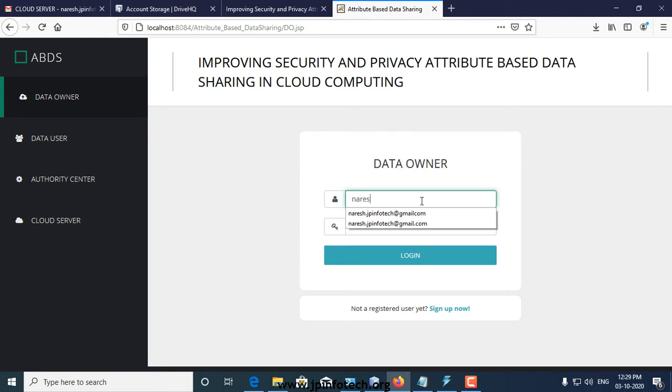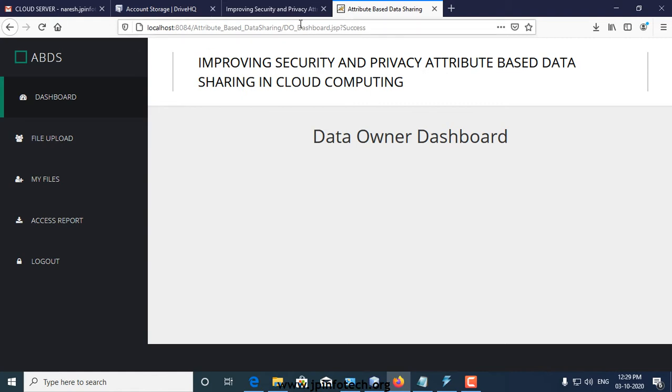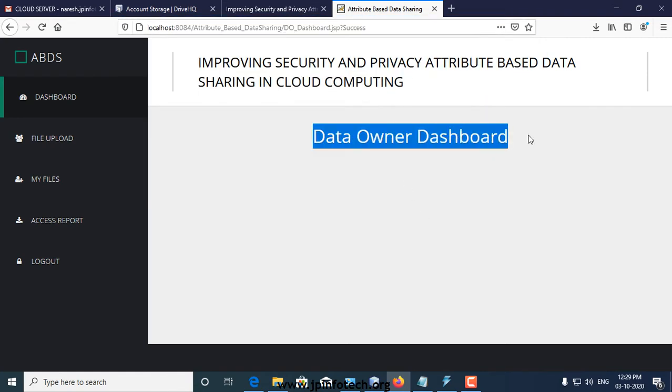Now I am logging in as data owner. Now I can log in. Success. This is the owner dashboard.